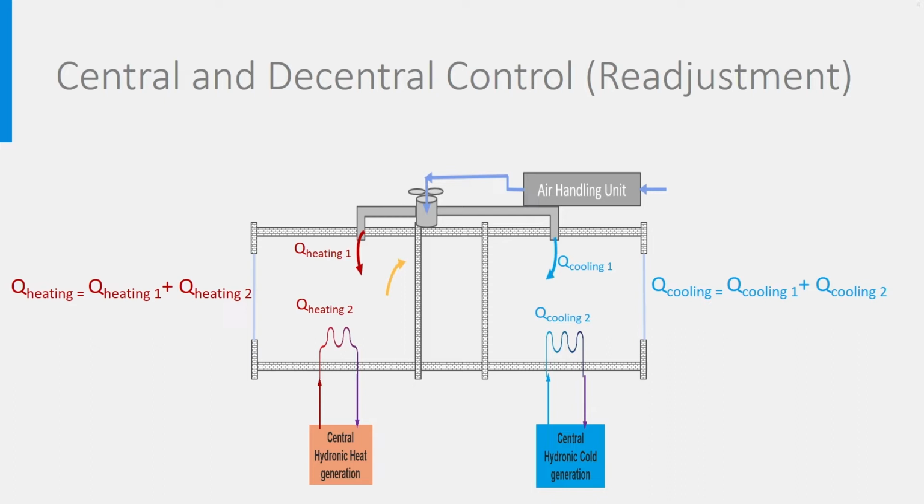In a fully centralized air system of a certain zone, heat and cold are brought with identical temperatures to each room, and there is no control of the indoor climate at room level. As you may know from the course on health and comfort, being in control is a main source of people's satisfaction with their indoor environment. So even in an all-air system, some room control capabilities are preferred. This room control, when combined with a central system, is called readjusting.